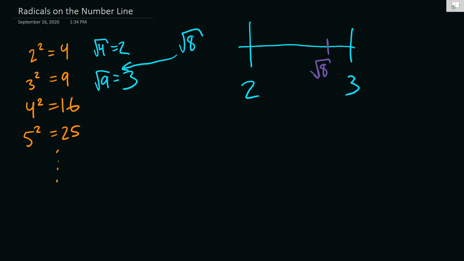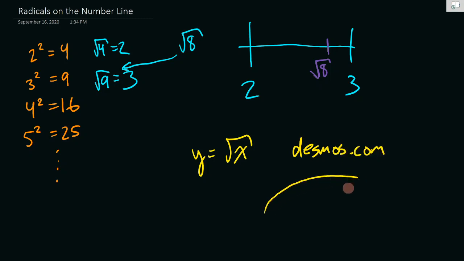If you want to get the more exact shape, by the way, you can graph y equals square root x on something like Desmos.com. And you can see the shape of the curve of the graph. Because the square root graph is curved sort of sideways like this, it's going to skew a little bit further to the left than you'd think. But anyway,